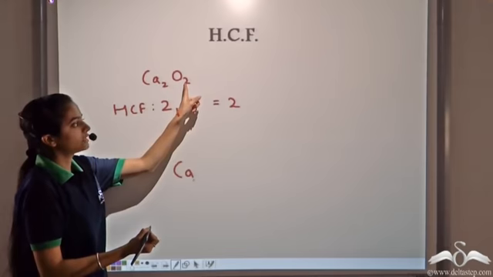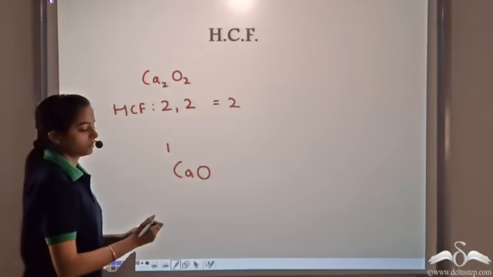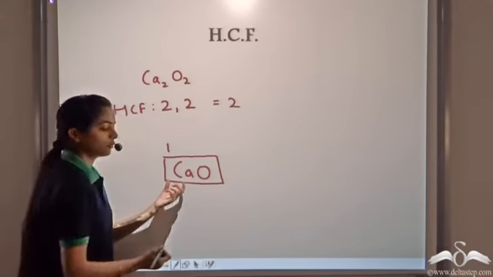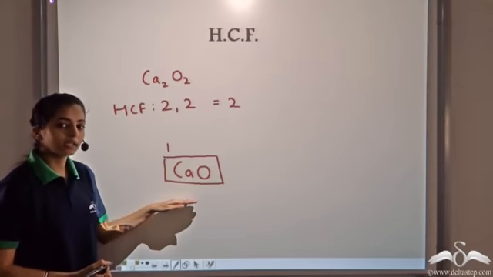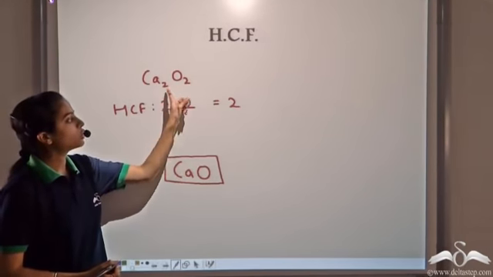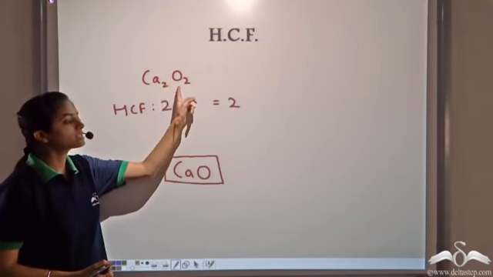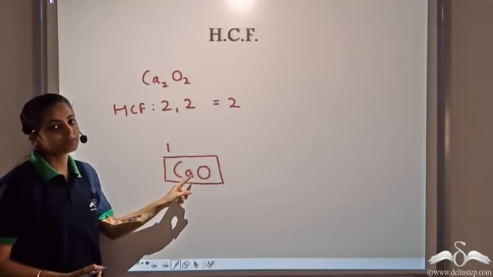And now when you divide this 2 by 2, again you get 1. So we get CaO. This is the formula of the compound formed by calcium and oxygen. Whenever we get a subscript, we always calculate the HCF of the subscripts. We divide these numbers by the highest common factor, and then we get the number of atoms which are present